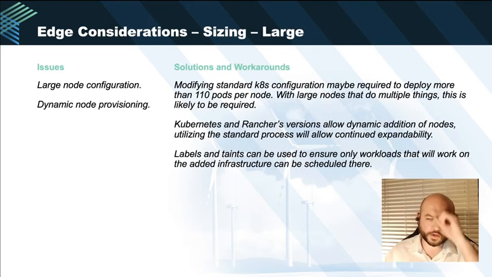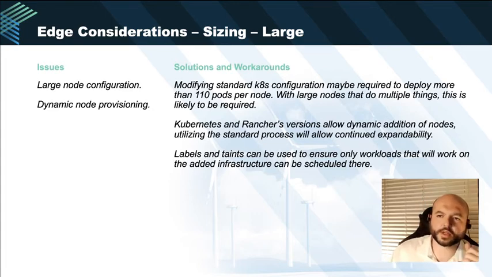So, when we talk about large nodes, the biggest issues are the dynamic provisioning. I changed the wording a little bit on this slide for dynamic node provisioning, but really provisioning of everything is difficult. For the large node configuration, by default, Kubernetes has a 110 pod per node limit. You definitely need to change that by changing your networking CRD subnet value that you allow, a higher slash value will allow you to utilize more IP addresses for your overlay network, and allow you to